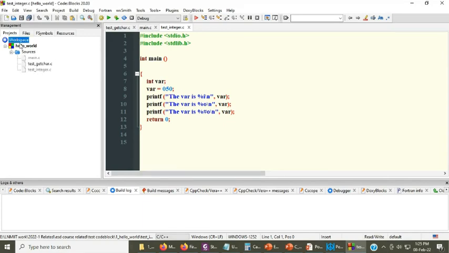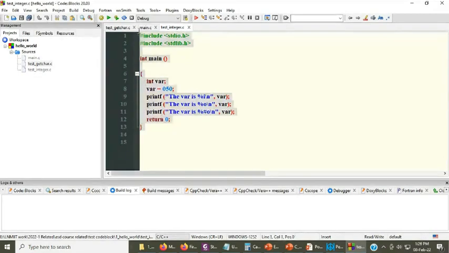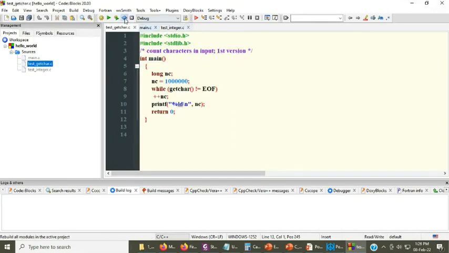So here we have the workspace, then we have the project, and there are so many files in that project. These are the .c files which we write in the compiler. We wrote this file, and then what we do is build it, right? So let me go and build the program.